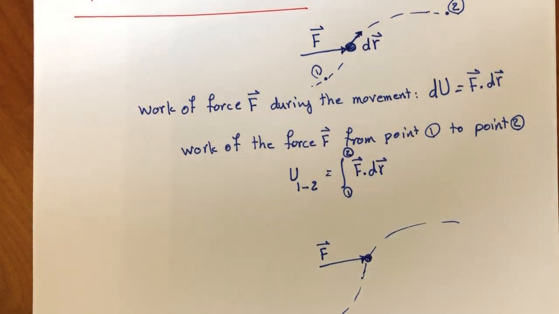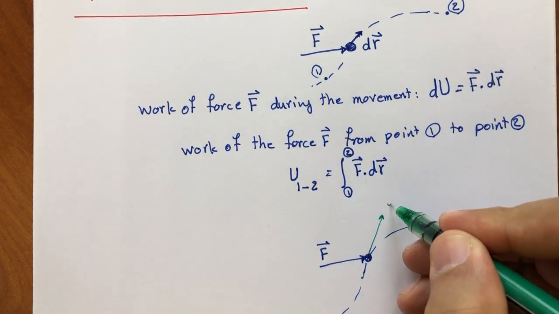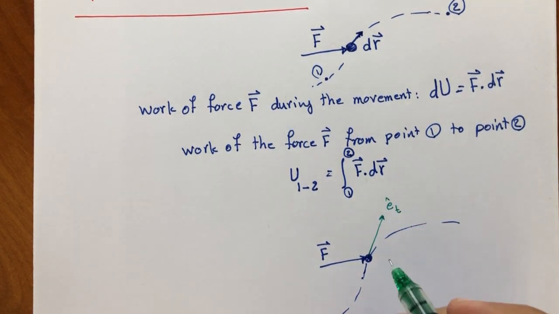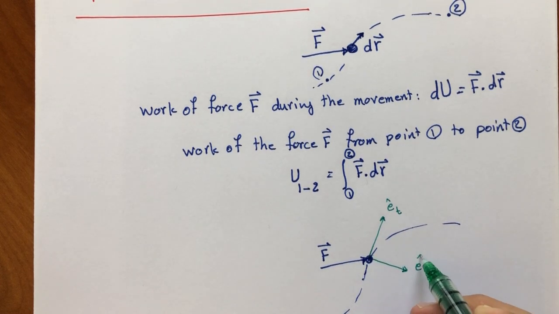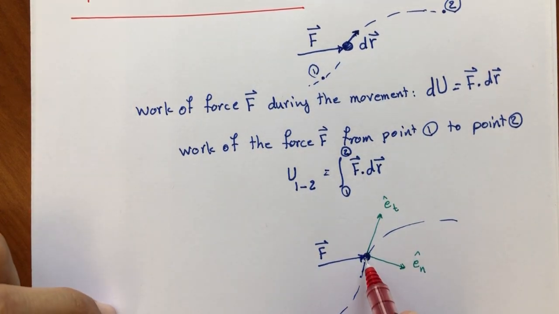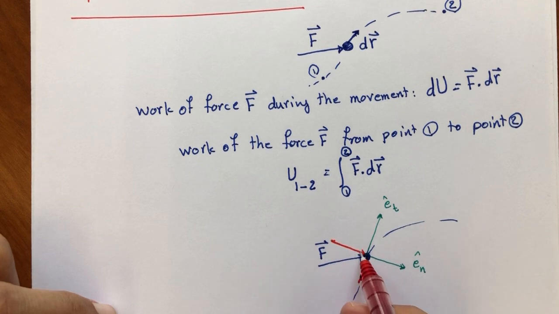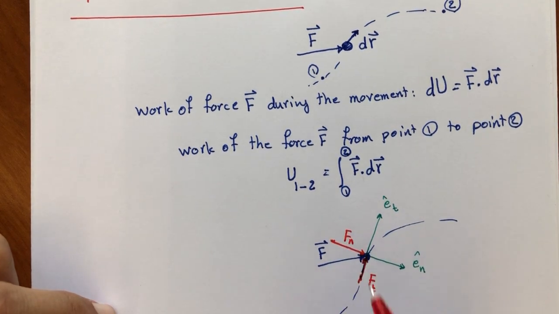Let's say this is the tangential direction at this moment, and this is the normal direction. So if I split this force into its component in the tangential direction, let's call it Ft, and its component in the normal direction, let's call it Fn,